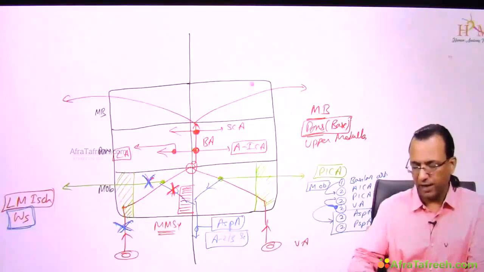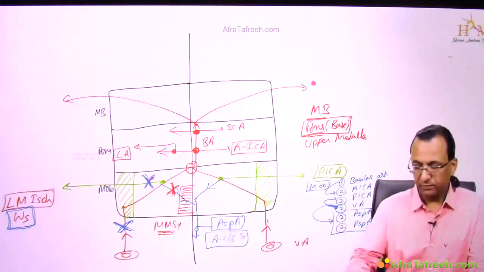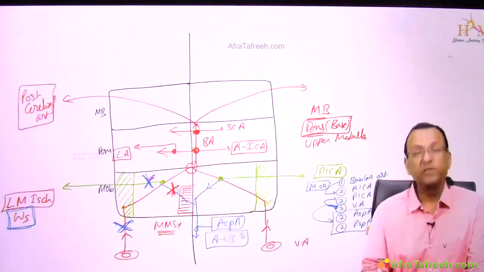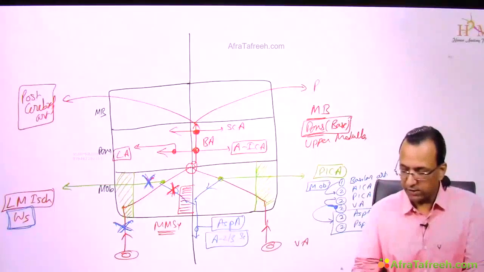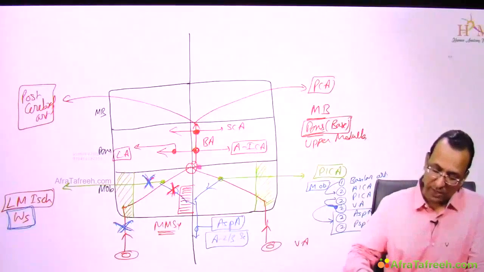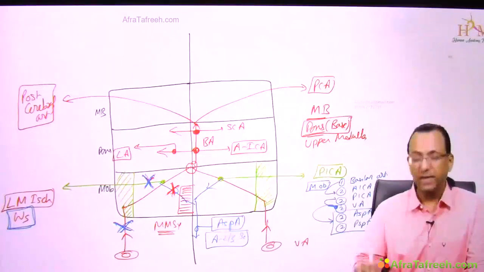What are the names? The names are called the posterior cerebral artery. Yeah, posterior cerebral artery. And posterior cerebral artery will supply the posterior cerebrum. So these are the posterior cerebral arteries now. Remember, the basilar artery will divide into 2 posterior cerebral arteries supplying the posterior cerebrum, and posterior cerebrum has